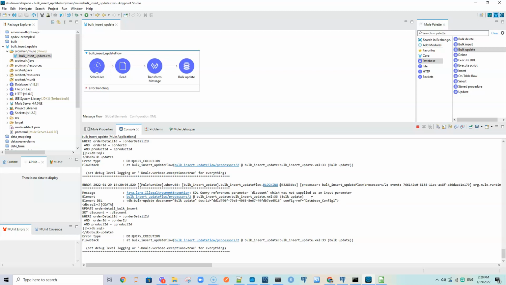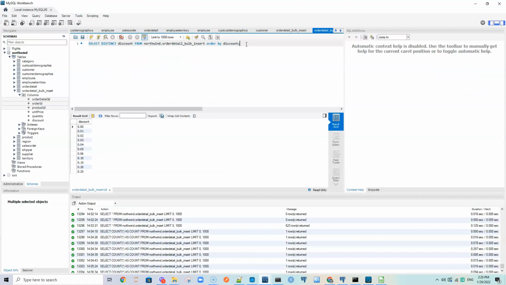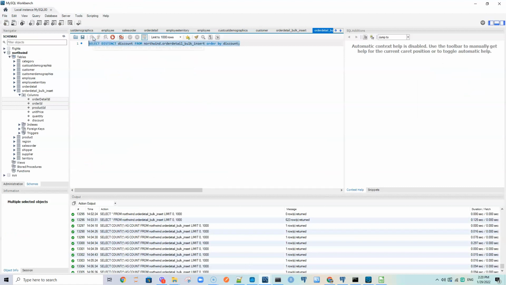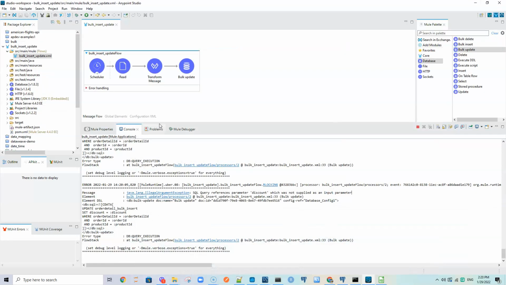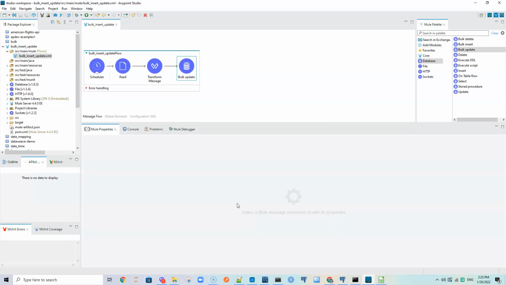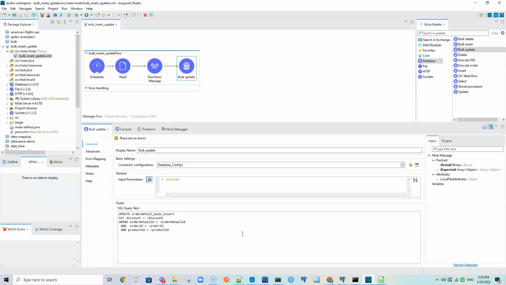Discount, which has not supplied an input parameter. Oh, this needs an input parameter is what it is saying. Okay, so this has not changed yet, which means it didn't work. Okay, let us come here and modify here. So what it is saying is